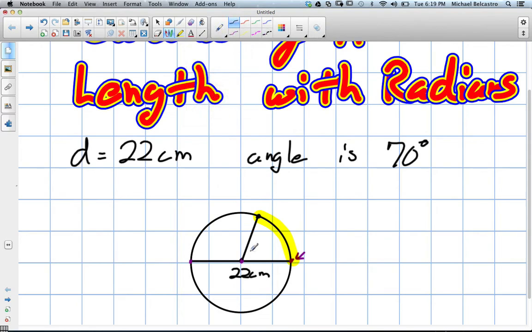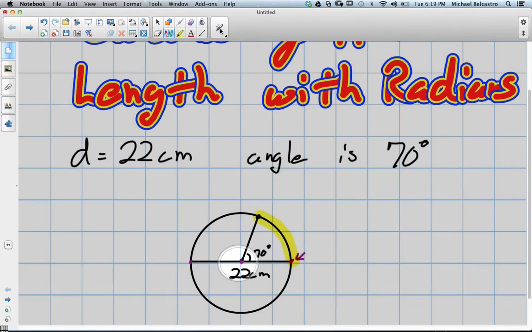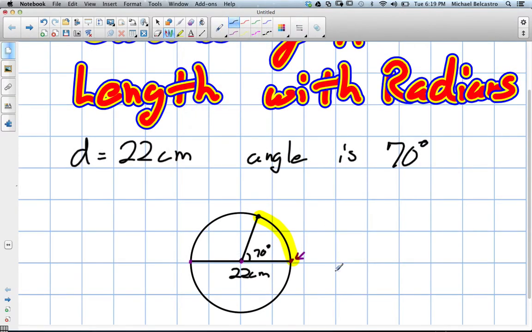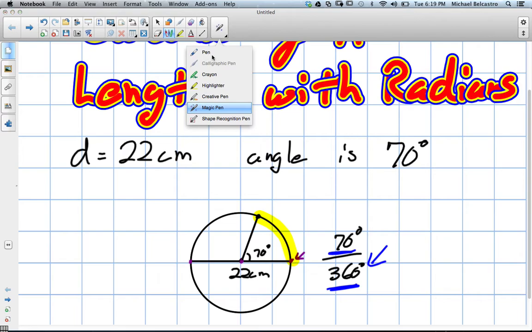So we'll use some information we already know. We know that this is 70 degrees. We know that all the way around a circle, starting here to here, is essentially 360 degrees. So in terms of degrees, 360 degrees, 70 can be somewhat of a ratio for it. So we can set this up as a ratio when referencing our circumference. What we're looking for is 70 degrees of 360, so we can set it up like a fraction. Denominator is 360 and 70 on top, is going to be equal to